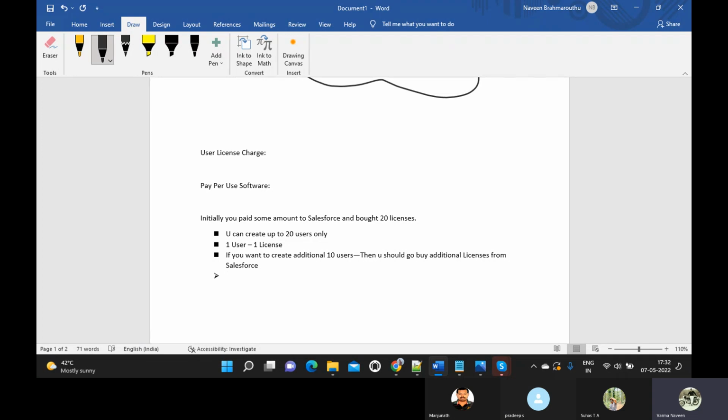See, licensing means some authority to use the software, Salesforce software. That's fine. One person should have one license. If one person is given access, then one license is utilized. Now we have multiple types of licenses here, like